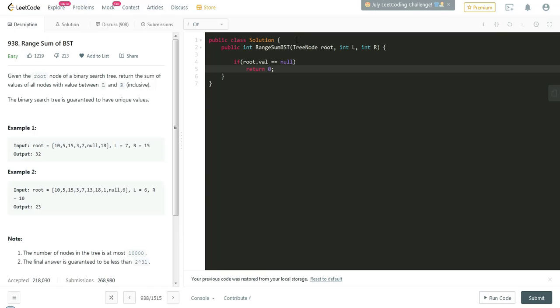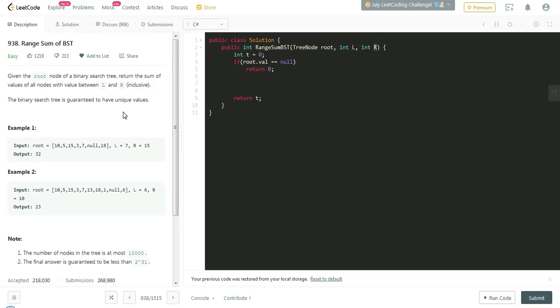There is no point of validating that value. So here, this is the integer value which we need to return. So int t equal to 0, and I'm going to return t.